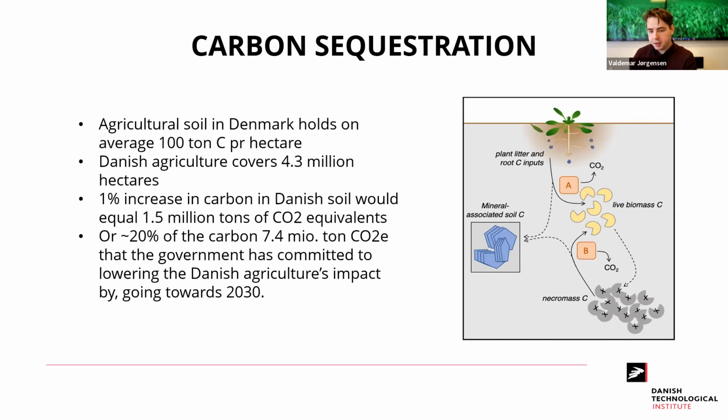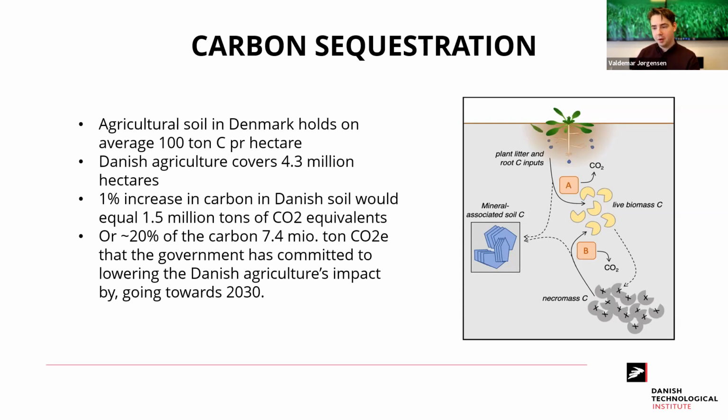So the most recent results haven't been published yet, but I was at a conference a week ago where they shared some of the results. And they say we have about 100 tons of carbon per hectare in agriculture in Denmark. With how much agricultural land covers in Denmark, and the capacity for carbon storage in them, if we can just increase 1 percentage point